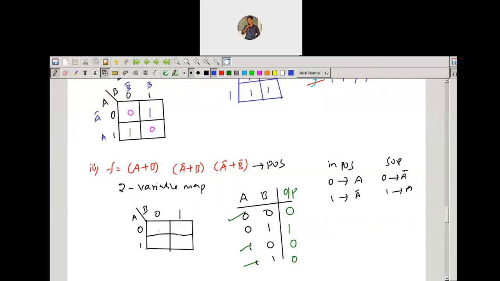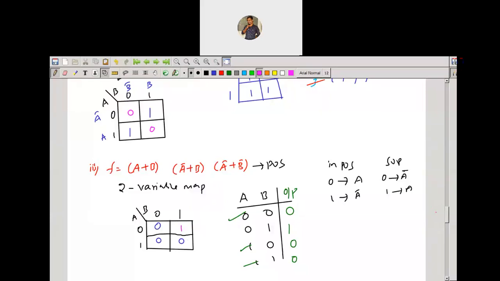We're having a value 0, b value 0, one max term. So we'll replace max term with the zeros and min terms with the 1. And coming to a value 1, b value 0, one more max term. And here a value 1, b value 1, one more max term. The remaining is the min term. So it is about mapping. I have not yet discussed the reduction. I am still explaining the mapping only. Now let me explain the reduction.